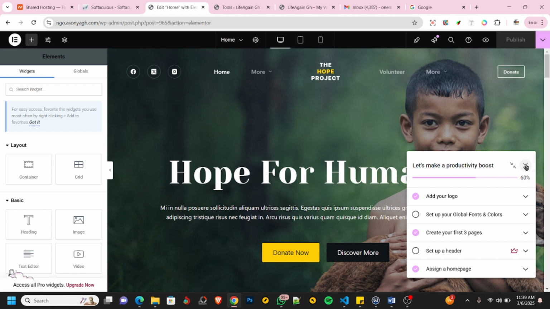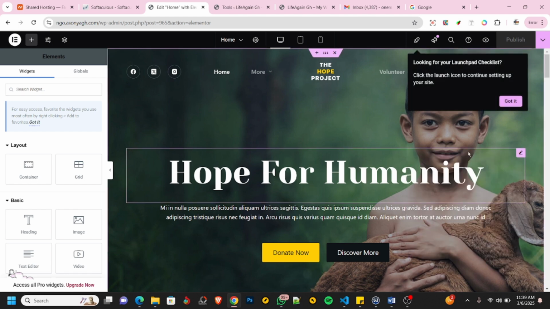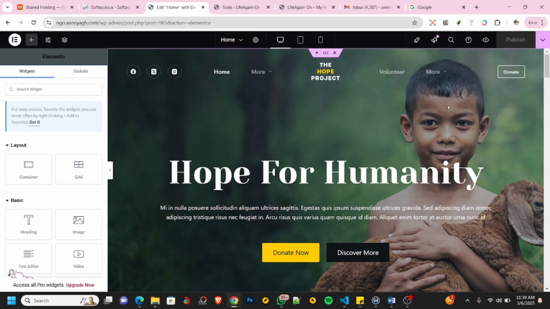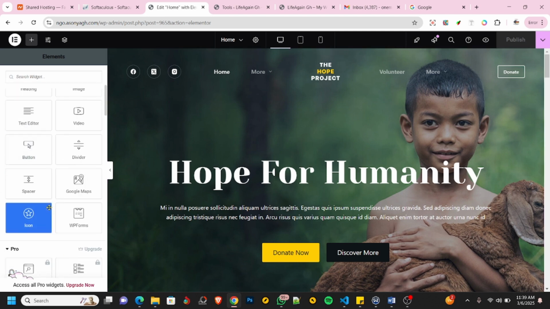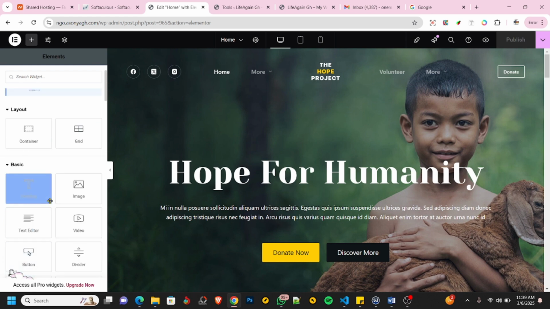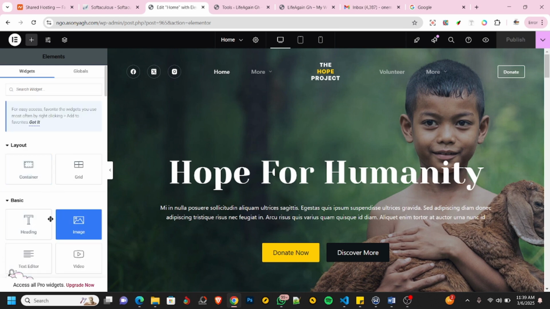So we are just going to close that, and then okay, so that is it. So this is how Elementor works. It's made of these elements, these things called elements. These are the things we are going to use to create the website. And when you click on any element, or when you are on any element, it will